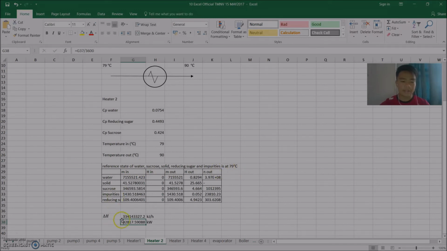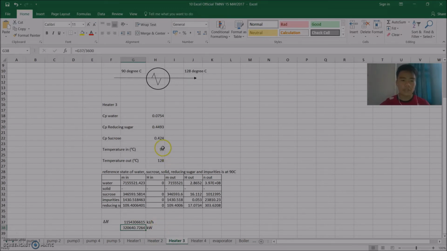Therefore, we can calculate the delta H equal to 92,817.59088 kilowatts. So for the third heater, we use it to increase the temperature from 90 degrees C to 128 degrees Celsius. So first we set the reference state of water, sucrose, solid, and everything else at 90 degrees Celsius. Therefore, we calculate the delta H, where we get